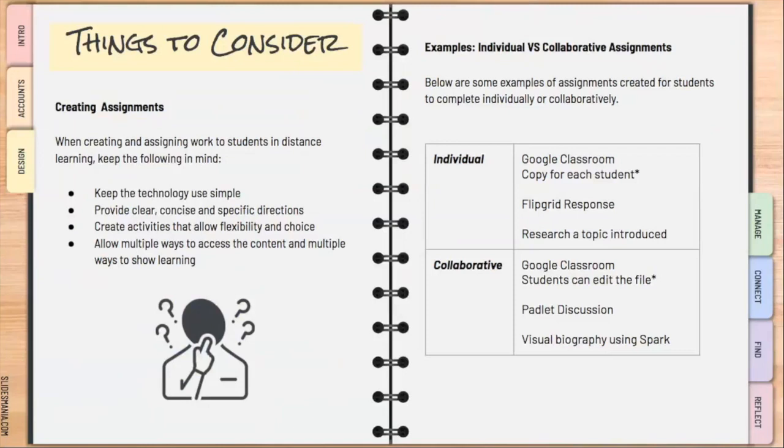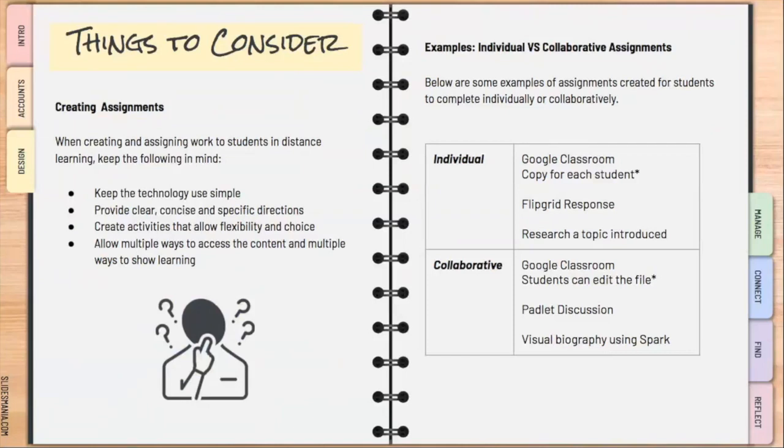For example, when you're telling them to click a certain place, you might have to give them a specific example or a specific direction that may say, go to the upper right-hand corner of your screen. So think about that. And also think about the parents or caregivers who may be assisting those students. So you want to keep that in mind to make sure that you're giving specific directions.